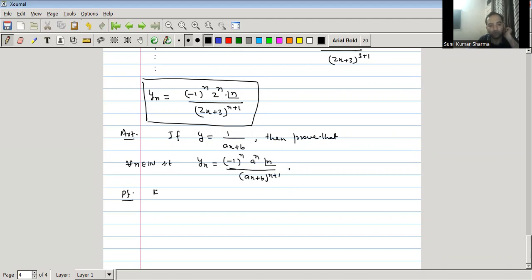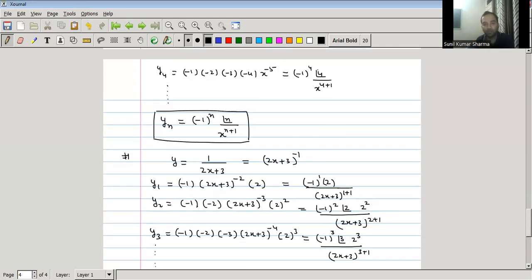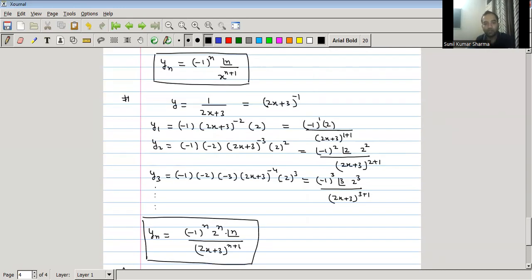So by principle of mathematical induction, for n equal to 1, if I differentiate this one time, what do we get? Y1 is equal to, so we have already differentiated this one time. So we get